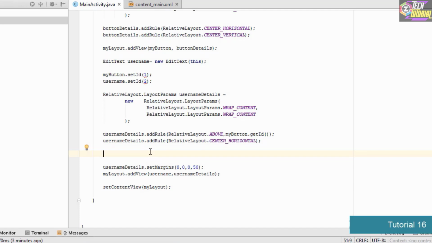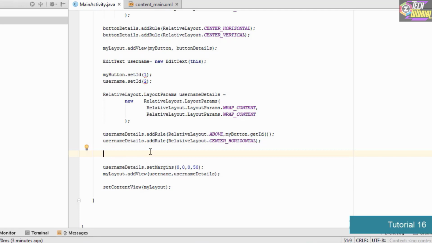So basically we want to avoid using pixels, and instead of using pixels we are going to go with density independent pixels, which are also called DIPs. DIP stands for density independent pixels, and these are used so that our app looks similar on each and every device and is independent of the pixel density of that particular device.